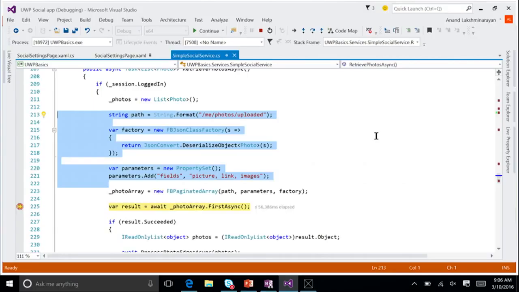/me/photos/uploaded. The parameters are a custom set of fields that you specify based on the Graph API endpoint to retrieve certain pieces of information to go along with that Graph API request. In this case, we're passing on the fields picture, link, and images to retrieve those values from Facebook's Graph API. Finally, a factory is a custom class that you as the developer create to handle the response coming back from